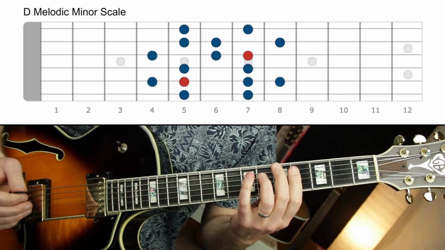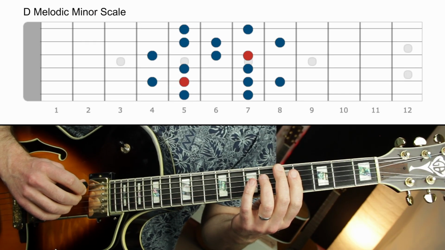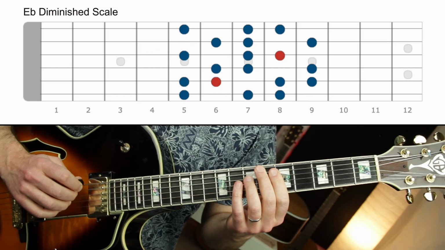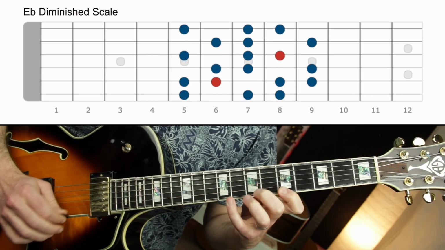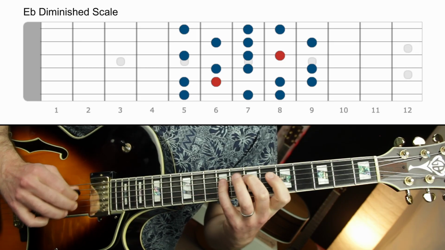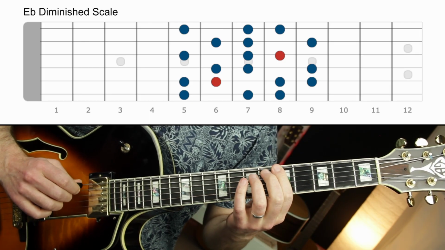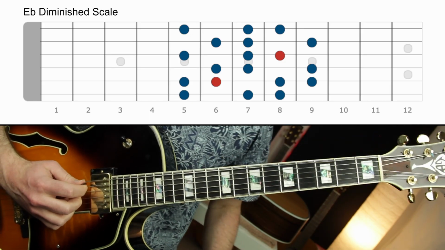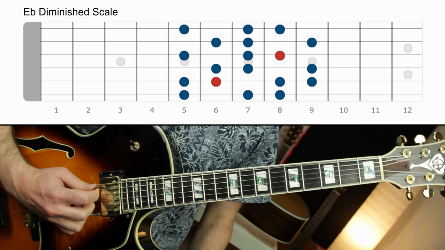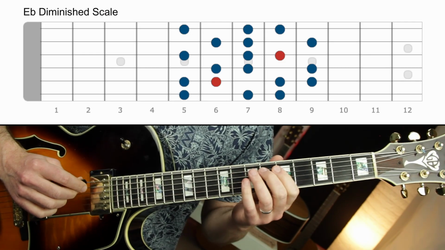Okay, you can also just do D harmonic minor on that chord there, which is the fifth measure from the end. And then we have E flat diminished. Okay, E flat's the root there. I love that scale. I have a great video all about diminished scales. Check that out. There's a link to it in the description, and there's a link to a playlist of all of my scales videos if you want to learn any scale type all over the guitar.